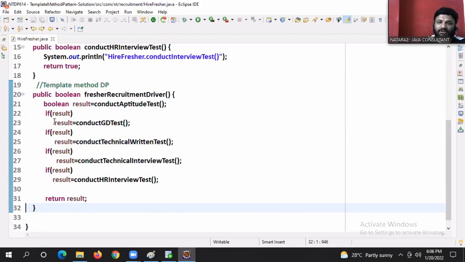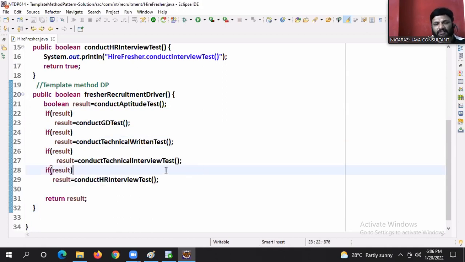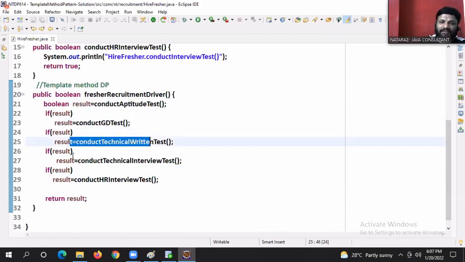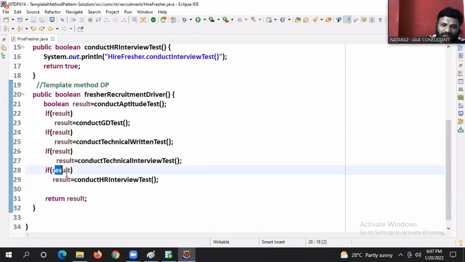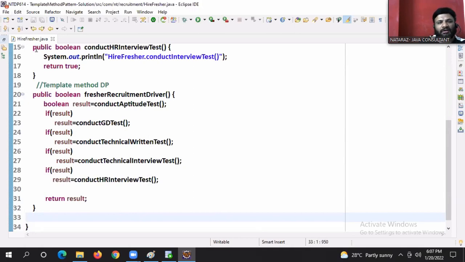Okay. Now this is a simple if only, it is not nested. I said today I will give better logic. Did I say this statement or not? Yeah. If you pass this exam, then this exam. If you pass this exam, then this exam. Right? Okay. Fine, boss. So template method